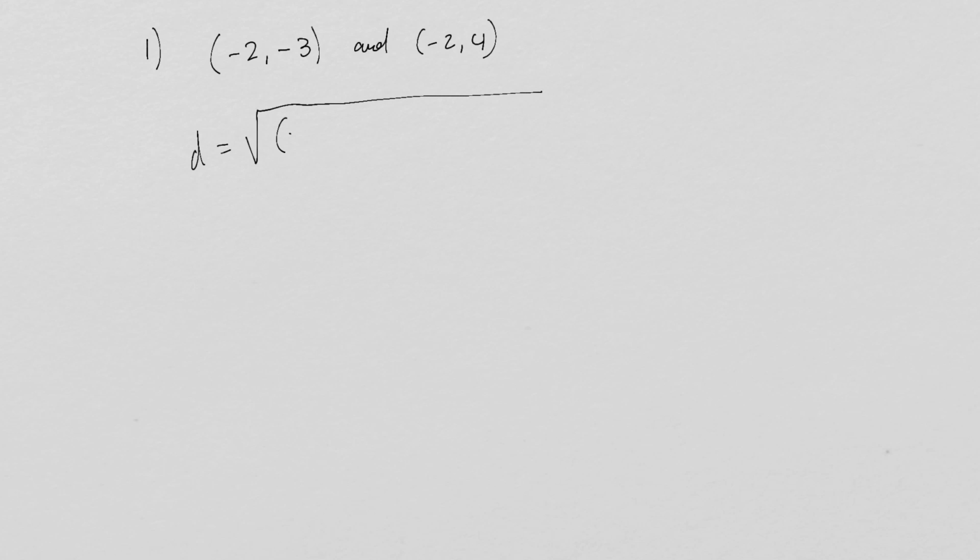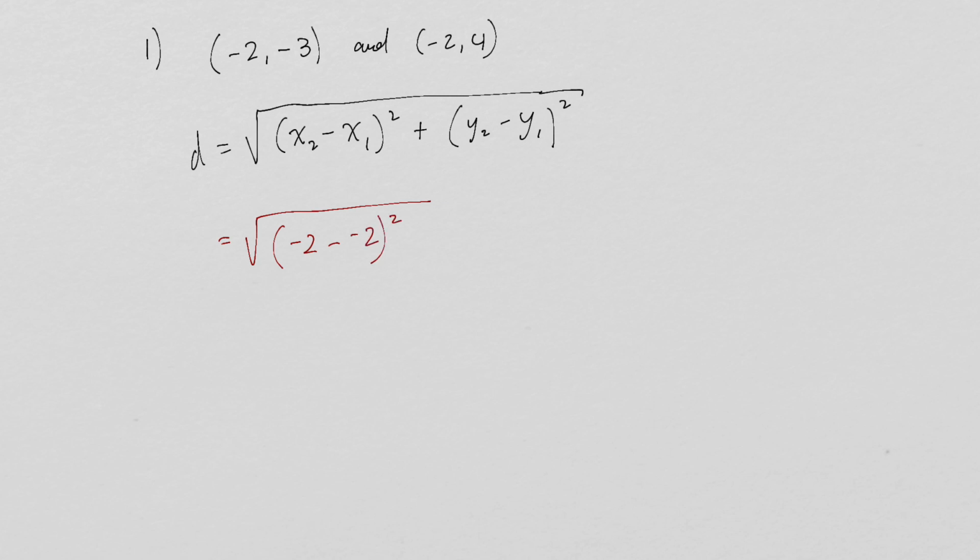Okay, for number 1, they want us to find the distance between the points (-2, -3) and (-2, 4). So the distance formula is the square root of the difference of the x's, plus the difference of the y's squared. Okay, so this is going to be equal to the square root of x2, which is -2, minus x1, which is also -2, squared. And actually, when these are the same,